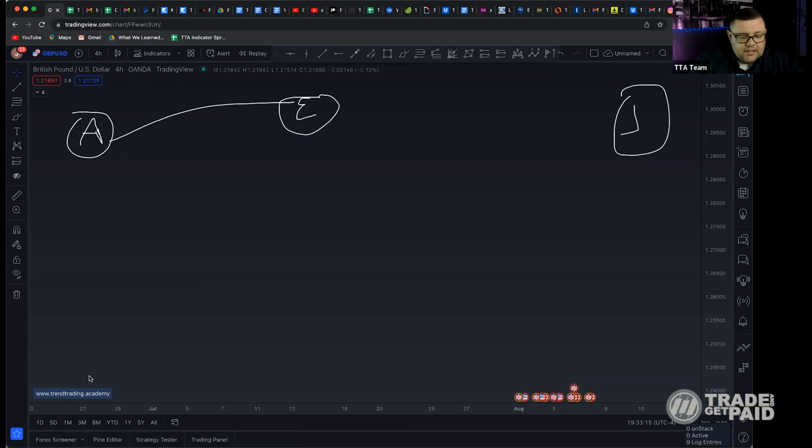Why do they do that? Because let's say that's what UJ looks like. So yen, dollar is growing, yen is dropping. Let's say GU also looks like that. Well, here's what that tells us. If UJ looks like this, that means either one of two things is happening. Either dollar is strong or yen is weak. If GU looks like this, that means that either pound is strong or dollar is weak.